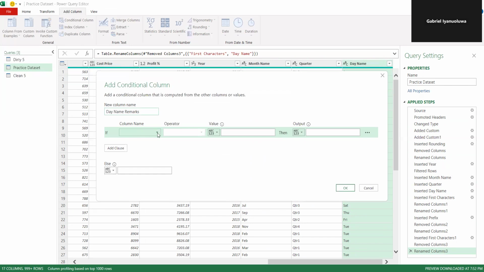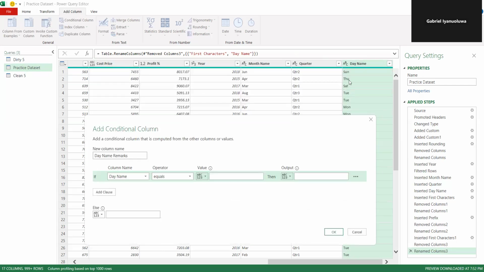For instance, now come under day name. When you click on this column name, what you want to work with is day name. Click on it. So under this day name is the equals operator. So just say equals. We have different things under different comparative statements that we are working with, and we have equals, not equals, they write it in words, but we are going to work with equals. So any day name that is equal to, but you need to be very careful